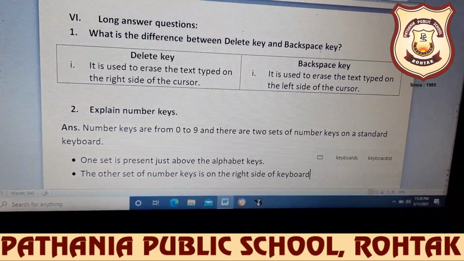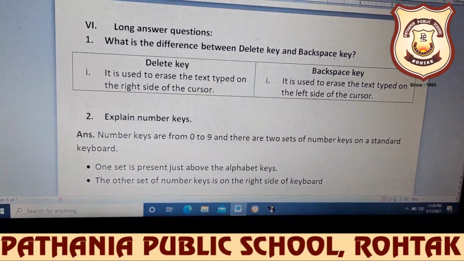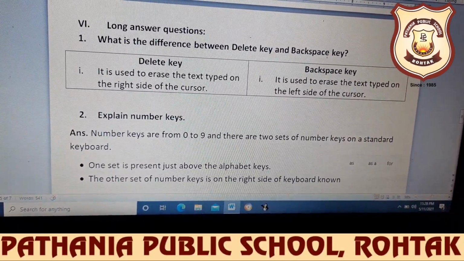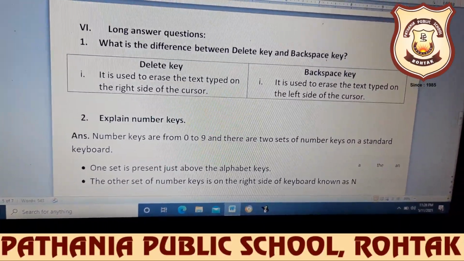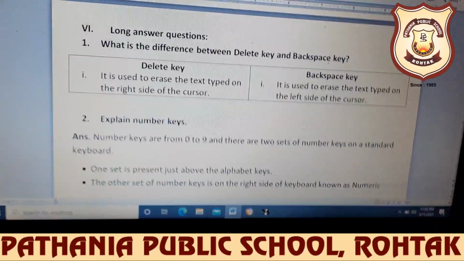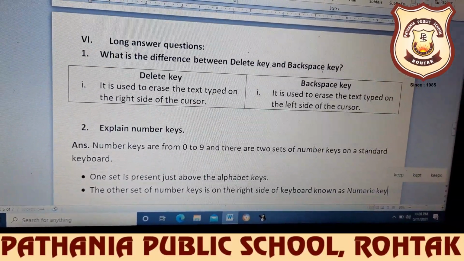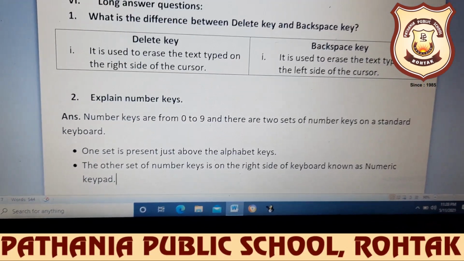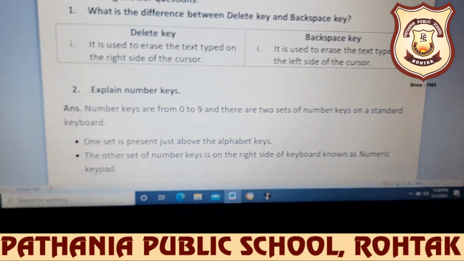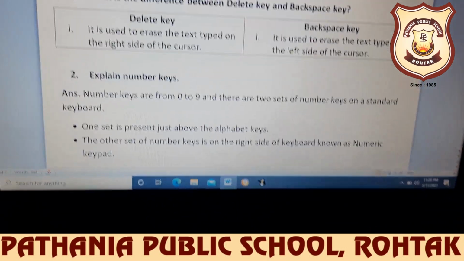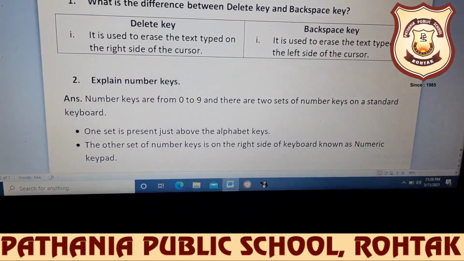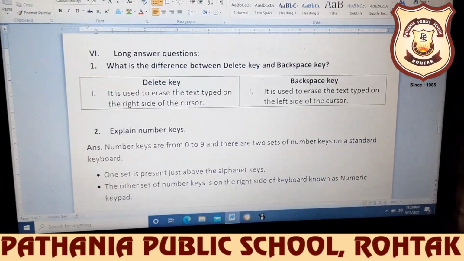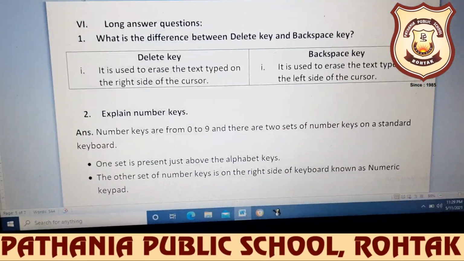Right side of keyboard known as numeric keypad. Okay, so this you have to write. So write it down in neat and clean handwriting.